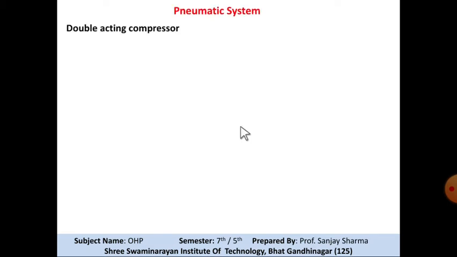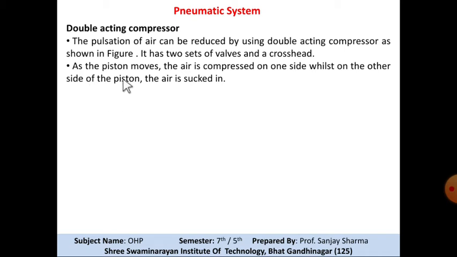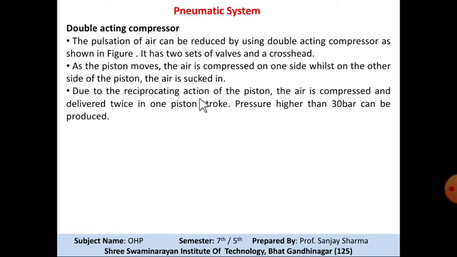Now, this was the single acting compressor. Let us see what the double acting compressor is. The pulsation of air can be reduced by using the double acting compressor as shown in the figure. It has two sets of valves and a cross head. As the piston moves, the air is compressed on one side, whilst on the other side of the piston the air is sucked in. So due to the reciprocating action of the piston, air is compressed and delivered twice in one piston stroke. A pressure higher than 30 bar